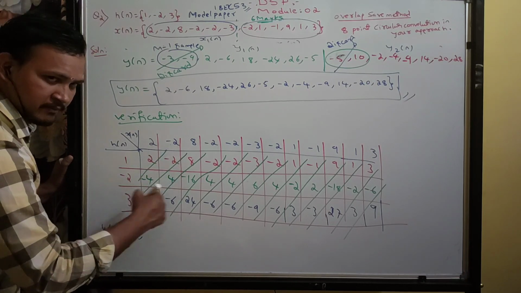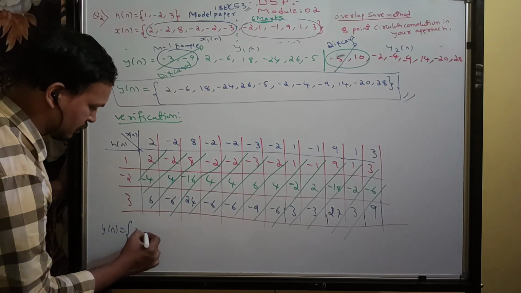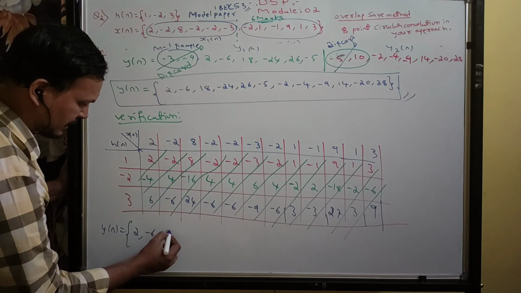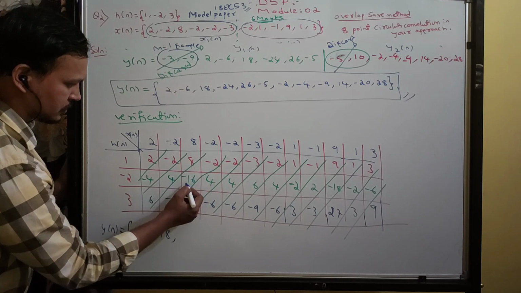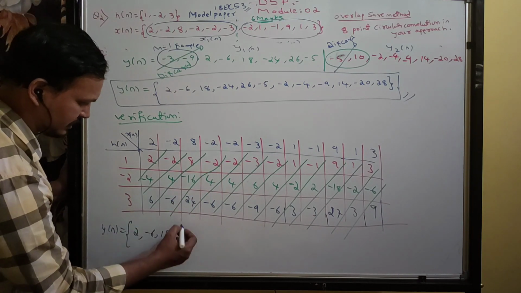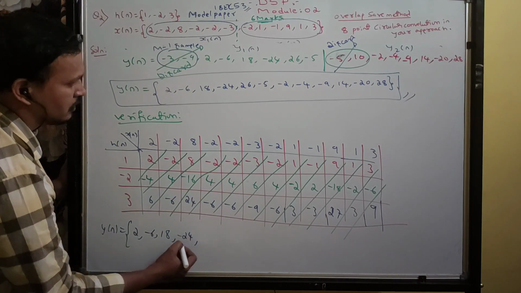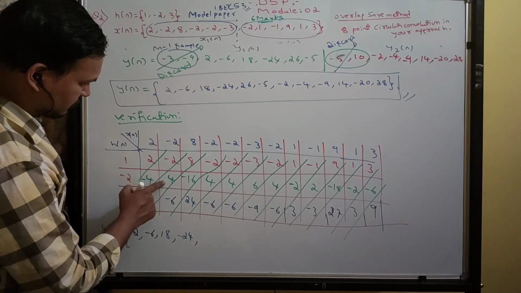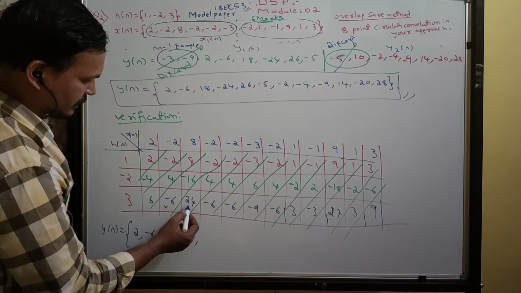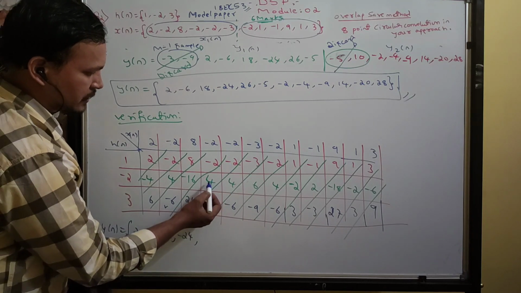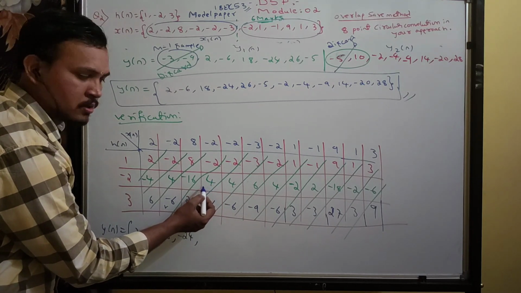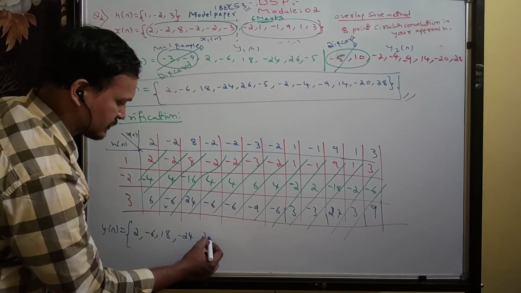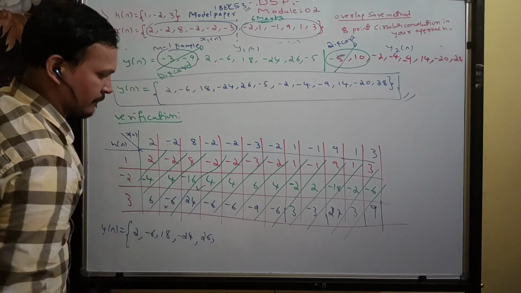In each group you add everything. 2, minus 4, minus 2, minus 6. 6 plus 4, 10, plus 18, 18. Next, minus 2, minus 16, minus 18, minus 6, minus 24. Next, 1, 2, 3, 4. Till here it is over. Next, this one. Minus 2 plus 4, how much? 2 only. 24 plus 2, 26. It is also over.